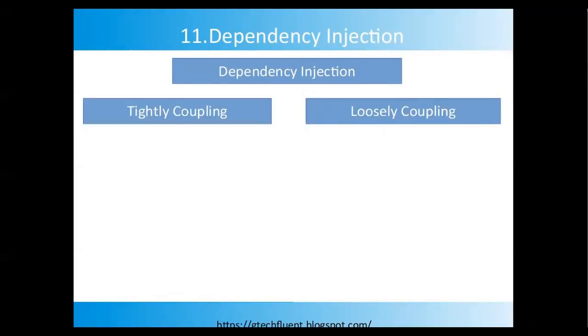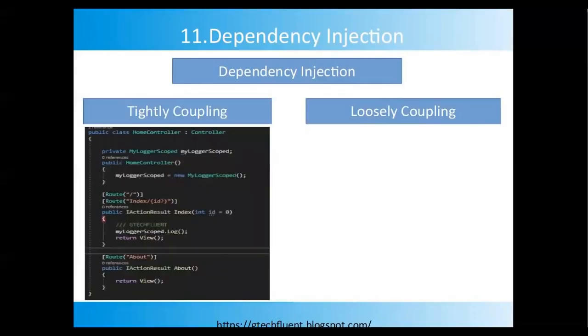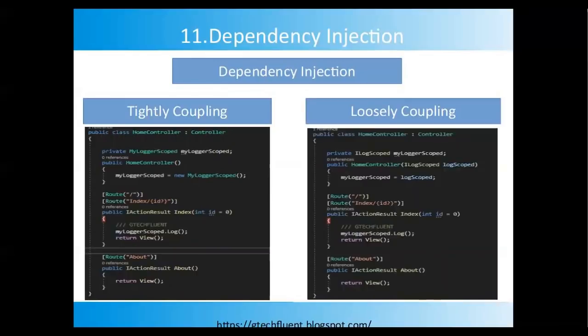The simplest way to understand it: when we create the instance of a class or service with the new keyword, the class or the service is tightly coupled. Now let's understand what loose coupling means. In this case, the software components depend only slightly on each other, and if we need to change one component, it will not affect the dependent components much. We can achieve this through interfaces. The classes can communicate with each other with the help of interfaces.